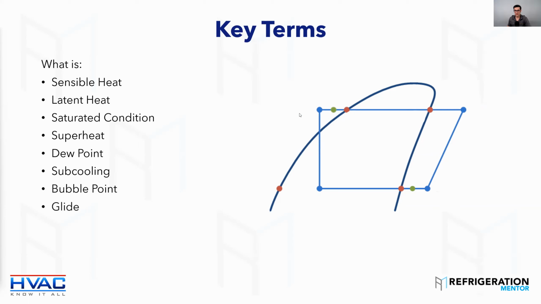So let's get to the next one. Glide. This is a good one. Yeah. Glide. What's glide? Glide is something that took me many, many years to understand, and you've got to continue to look at the refrigerant in different ways. Because the refrigerants today, most of the synthetic ones that are coming out, have higher glide. That's when refrigerants are mixed and they have different bubble points and dew points.